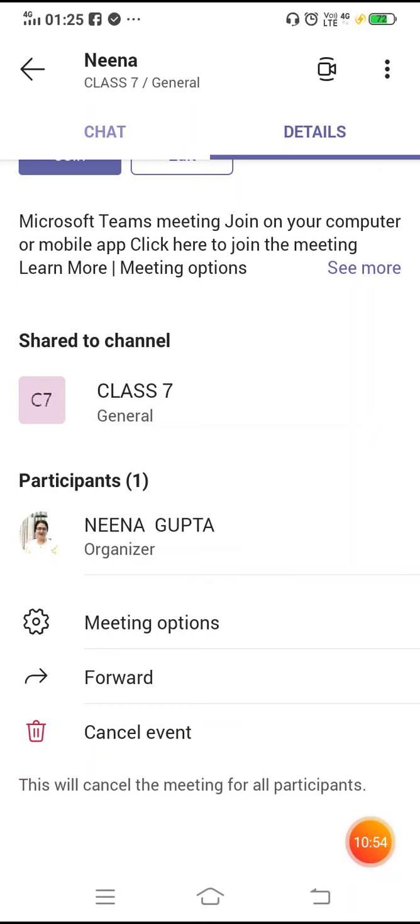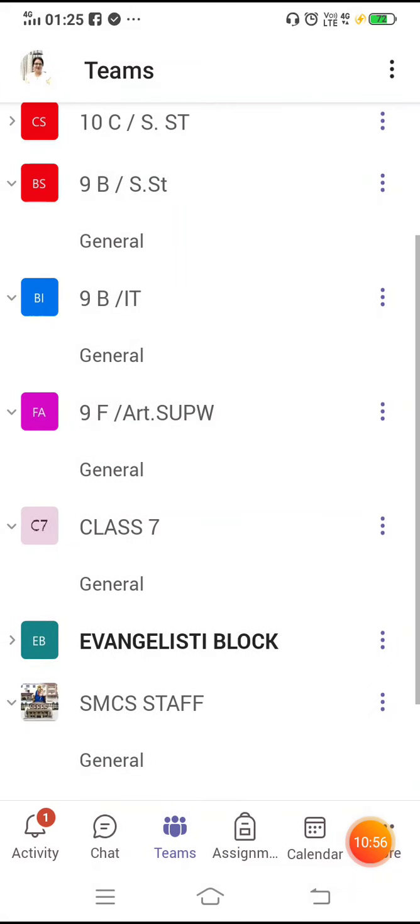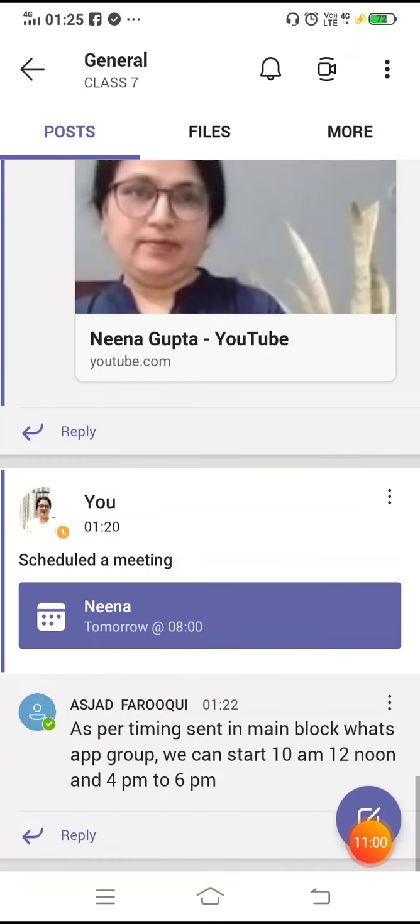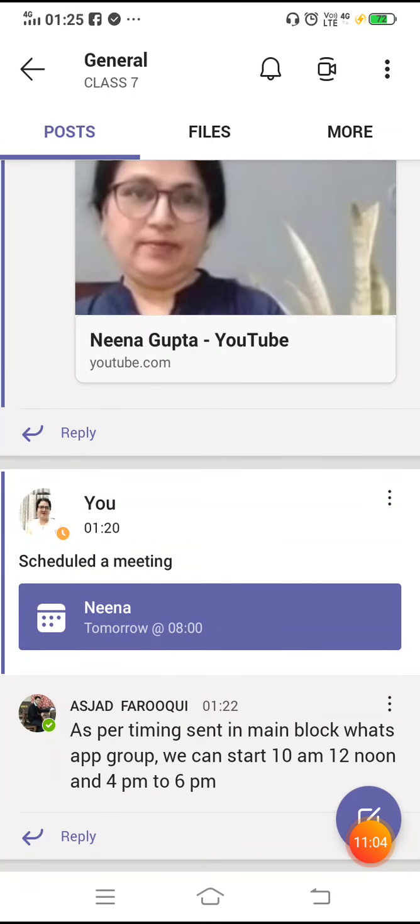Now we come out. How can we start? Class 7 जनरल से क्लिक करेंगे, and then the blue strip is there. First we will see, is it that meeting which we want to join? This meeting is tomorrow 8, and if I want to start it, I can start it now also.